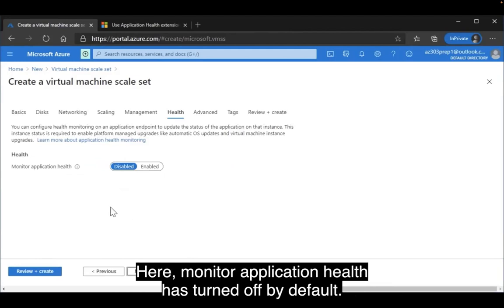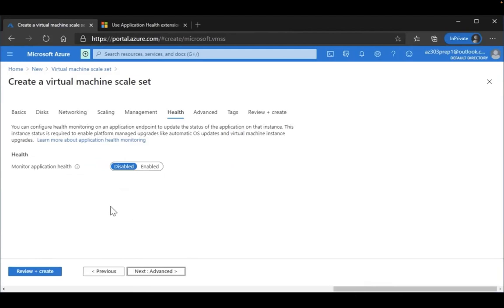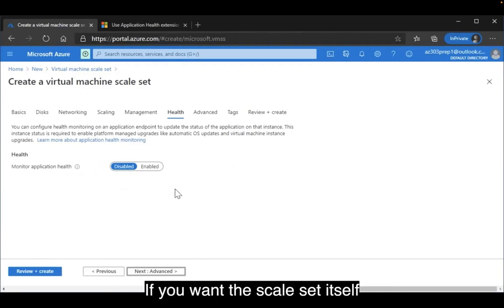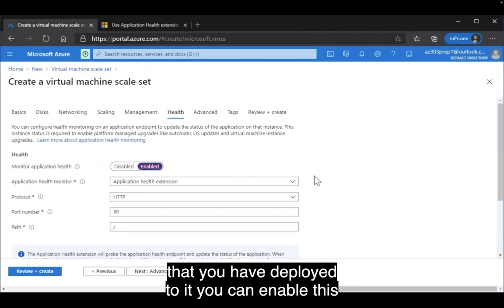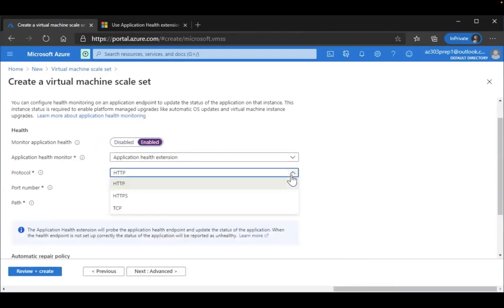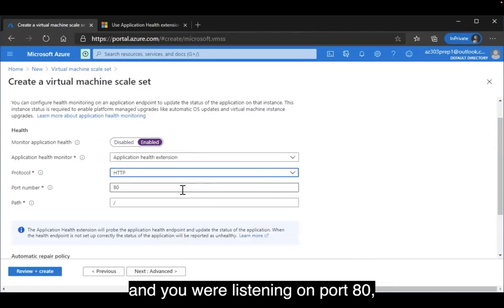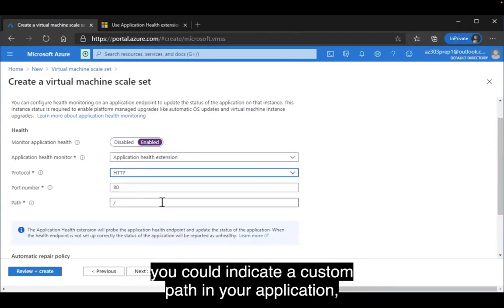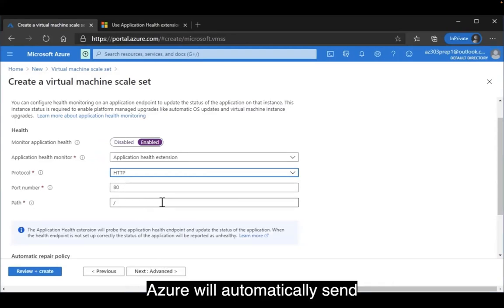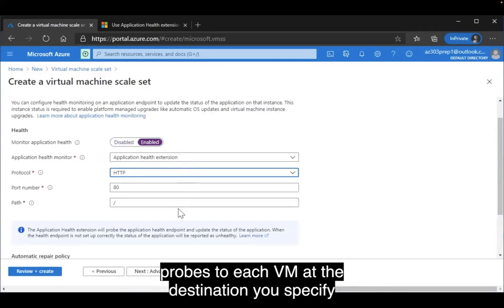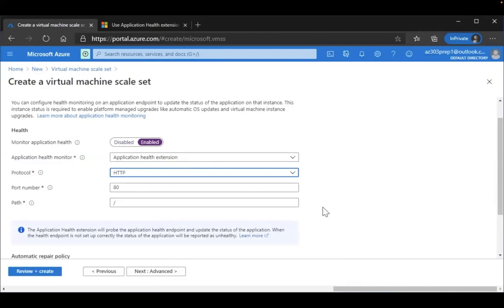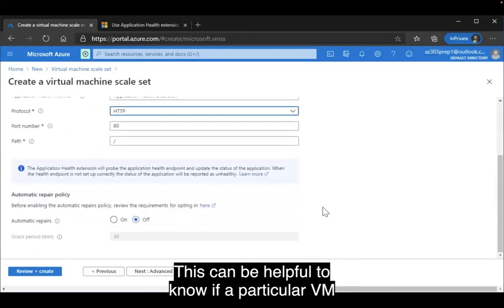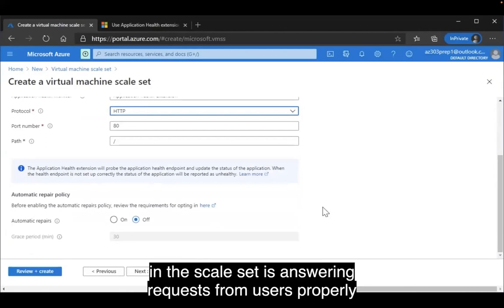Here, monitor application health is turned off by default. If you want the scale set itself to watch the application that you have deployed to it, you can enable this. And then let's say it was an HTTP application and you were listening on port 80, you could indicate a custom path in your application. Azure will automatically send probes to each VM at the destination you specify in the application, and then monitor the status. This can be helpful to know if a particular VM in the scale set is answering requests from users